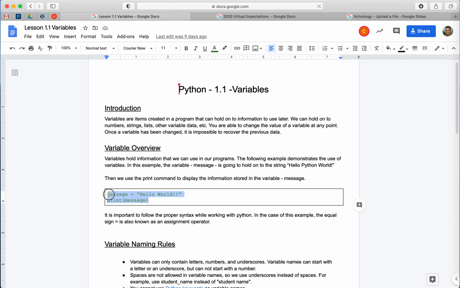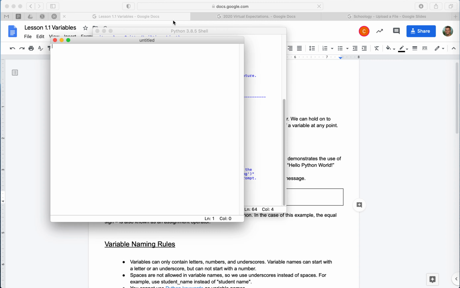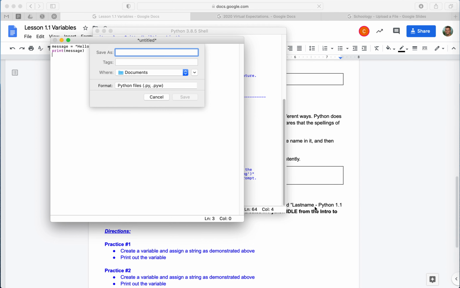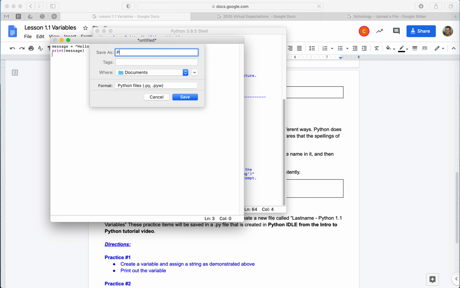So if I copy this and paste it, there is my Python code. If I try to run the module, it's going to ask me, number one, to save the source. If I hit OK to save that source, it's going to pull up a Finder save box right here, and I want to save this as, where does it say, last name and then Python 1.1 variable. So I'm going to save it as Miller Python 1.1 variables,